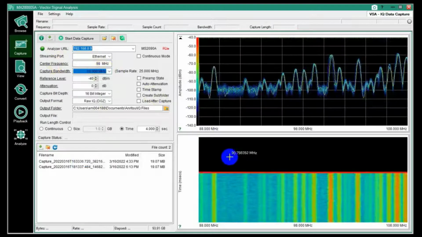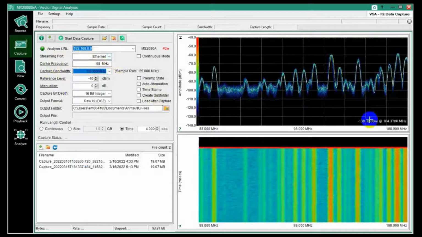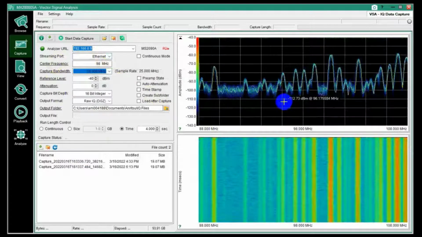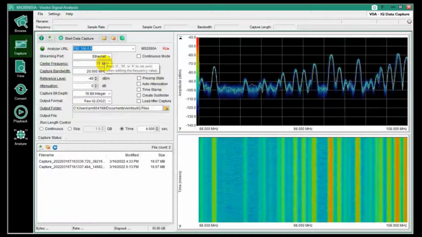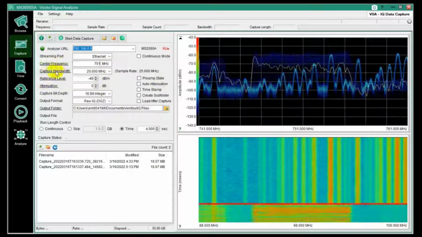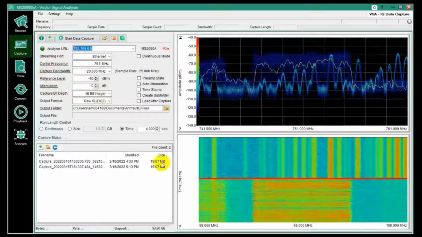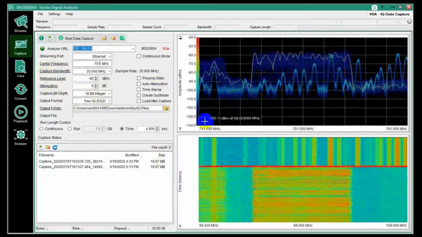So you can see, often when you do a capture, you're expecting to capture a certain signal, and this display just allows you to verify, yes, the signal's there and I can see it. It allows you to set reference level. The labels here that are underlined, if you click them, that sends that information. So if I want to change this to say 751, I'll look at the LTE band. Labels that are underlined, if I click it, it sends it to the instrument, and it takes hold immediately, and I can see that display,